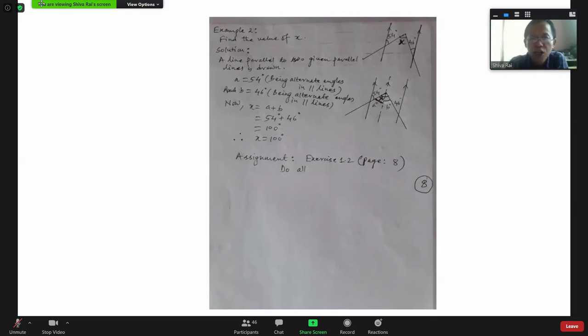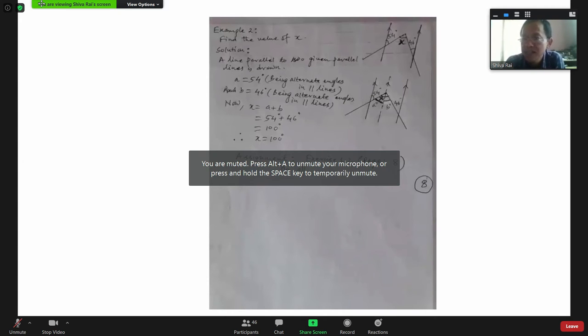So here, look, give one part of that x the name a degree, and another part you give the name b degree, as in the figure. You look at the second figure. It means the whole angle x is divided into two parts. Don't you think they are equal, a degree and b degree? Anyway, that x is divided into two parts. One is a degree, another is b degree.